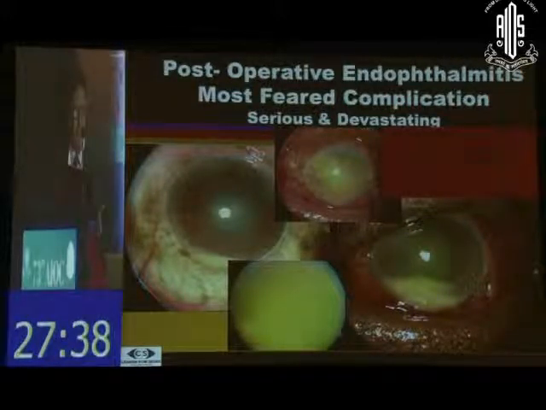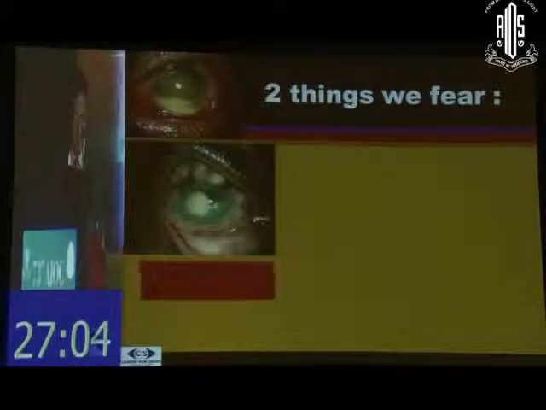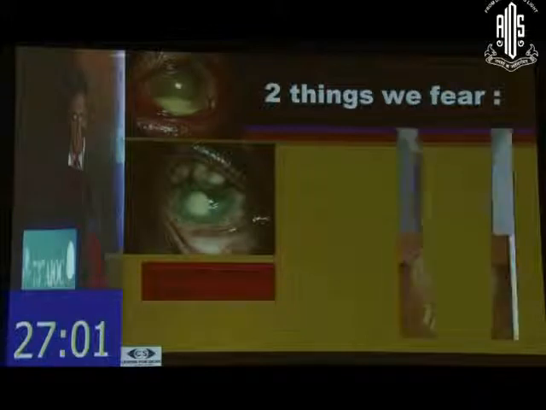In November, December, we still had cluster endophthalmitis reports from Calcutta, from Chennai, even from Delhi. So cluster endophthalmitis is maddening, and you have to close the OT and find out why it occurred and how to tackle this. So whenever anybody has infection in the eye, especially in post-operative patients, we fear that the end result should not go like this. So all of us should be very much energetic in treating. Treat it on Saturday itself, treat it on Diwali day, holy day, don't postpone till Monday, because we are afraid that the patient's eye should not become phthisical.